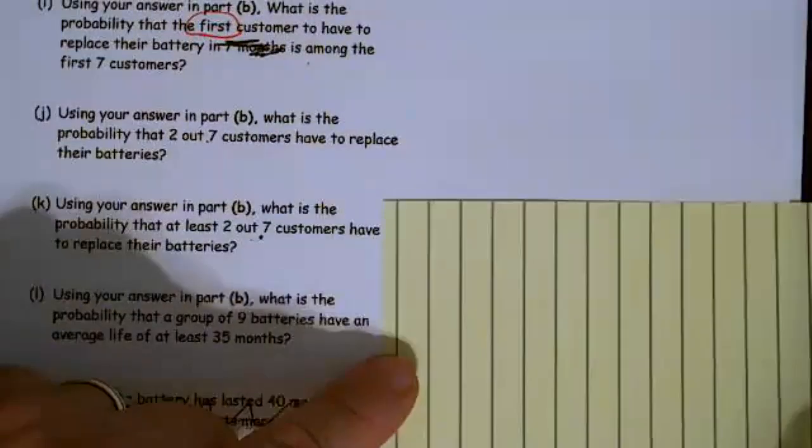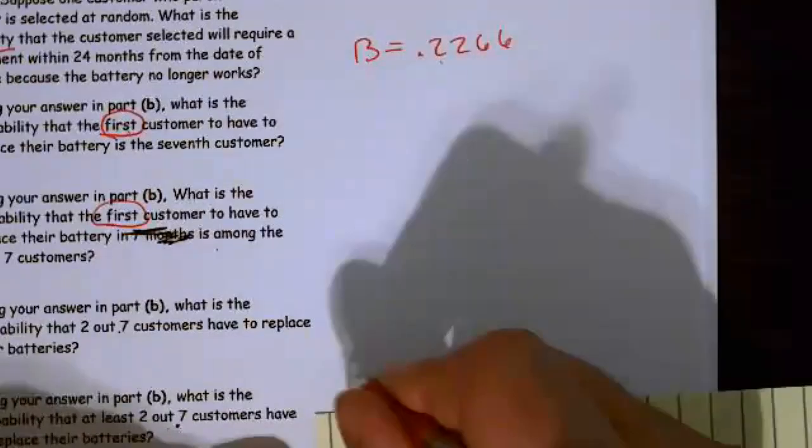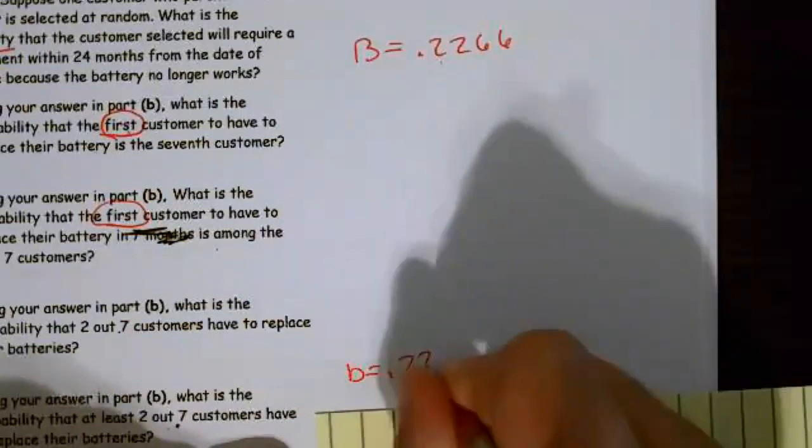All right, I'm going to run out of room if I go sideways. Oh, and by the way, it says part B. What was part B? B equals 0.2266. All right, so